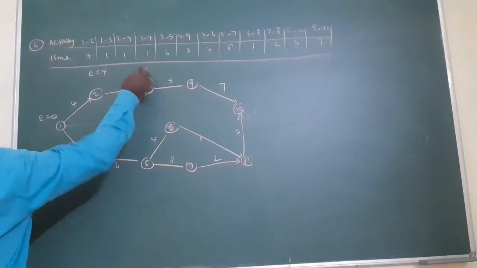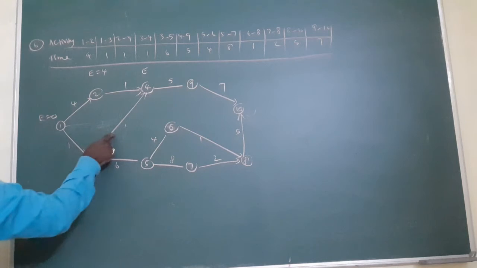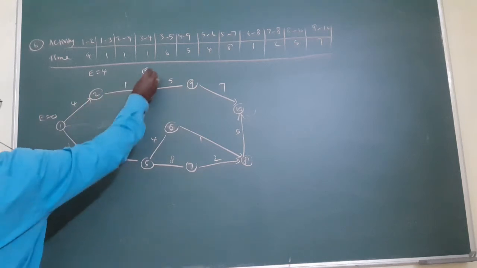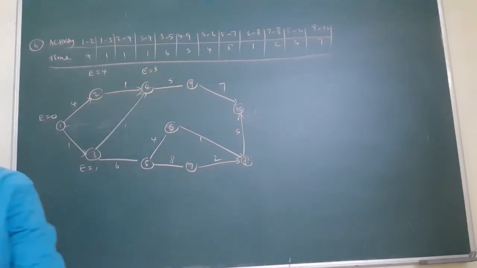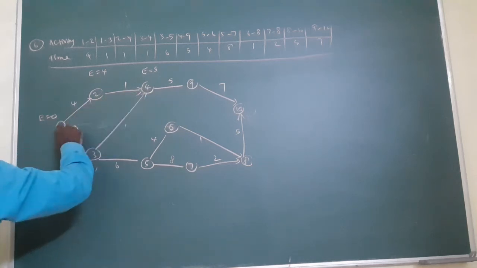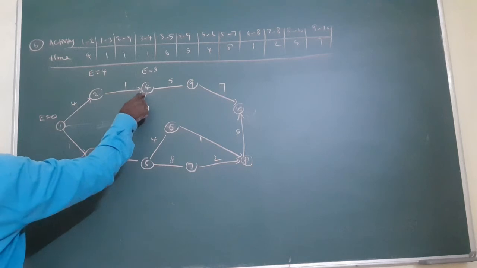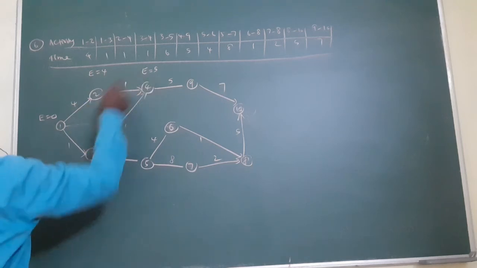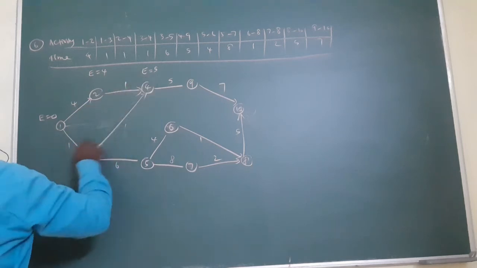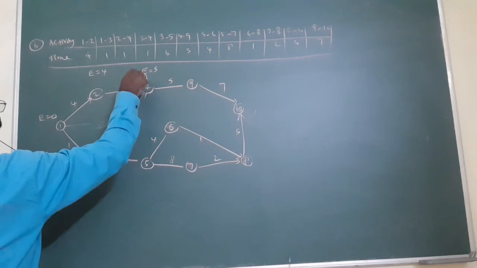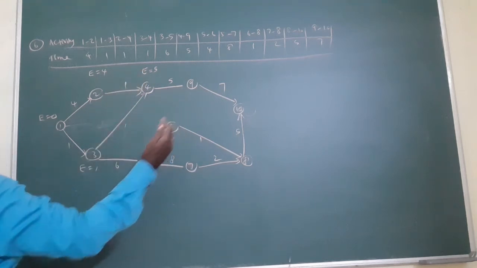4 plus 1, 5. Here 1 plus 1, 2. You write only the maximum, no? Only 5. In this way, you will find the two roots. That's very important. Here 4 will come in. 1 to 2, 2 to 4, 1 root. 1 to 3, 3 to 4, 1 root. Here 4 plus 1, 5. So 1 plus 1, 2. Out of these two numbers, you always want the bigger number. With E big, you will write the big number, and with L, you will write the small number.